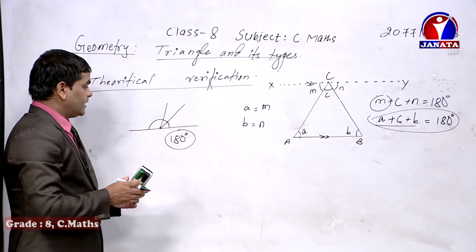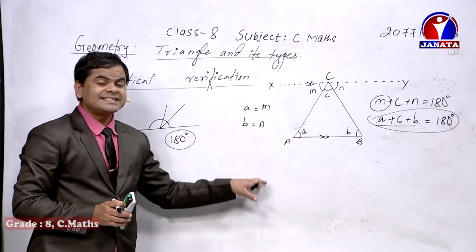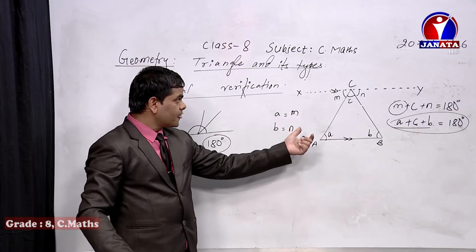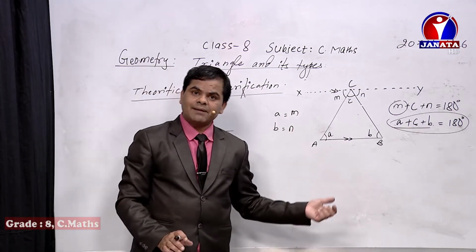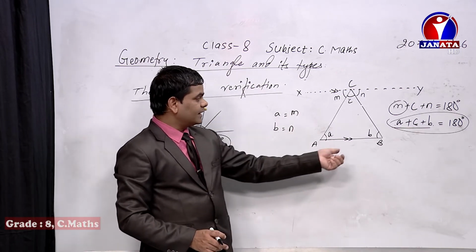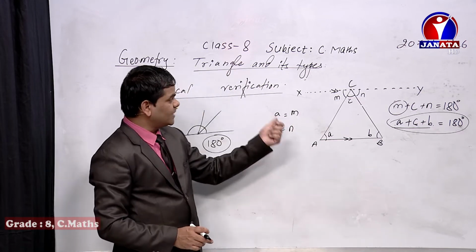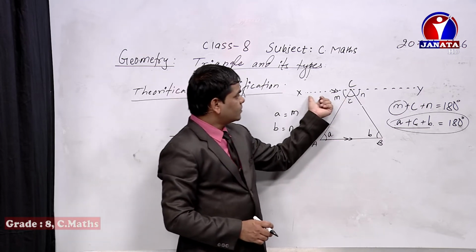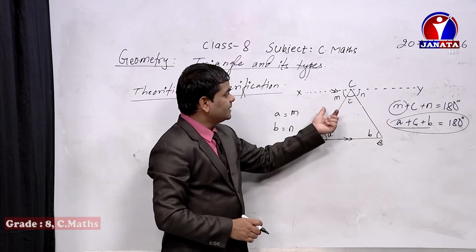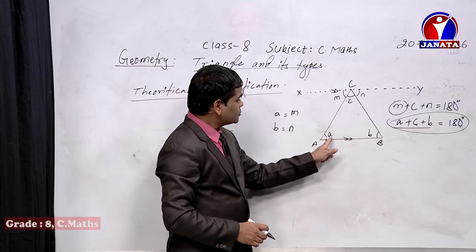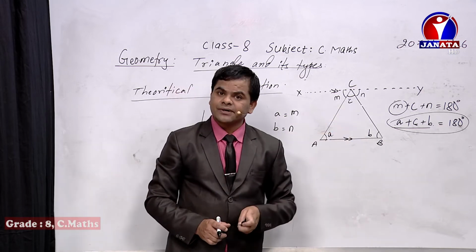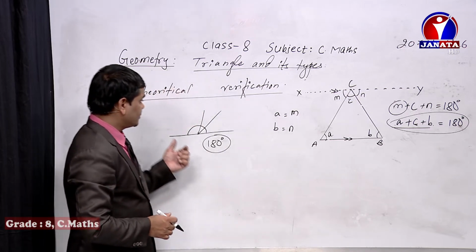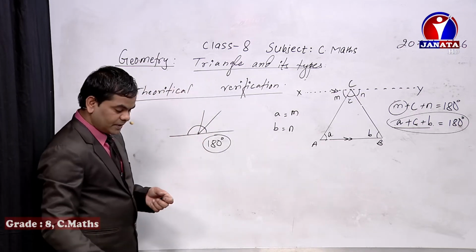So dear friend, the way of filling up the formality is different. First of all, you need to write what? You need to construct a figure having any name, you can keep PQR also, you can keep XYZ as well, as the name of the triangle, and then construct a parallel line. In this way you can prepare the figure, and then you can suppose those angles so that it will be easier to prepare the statement reason table. And then, dear students, what to write? First of all, you need to write